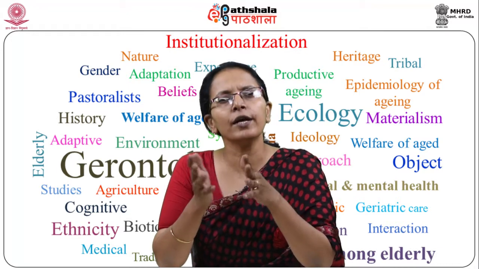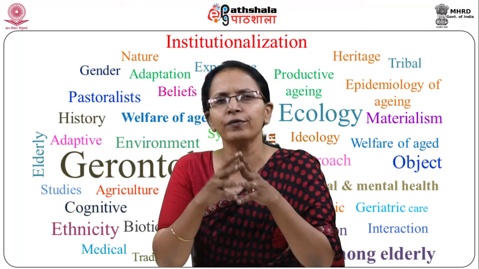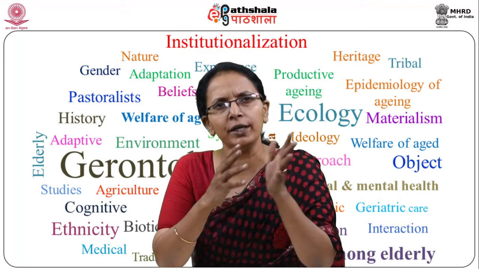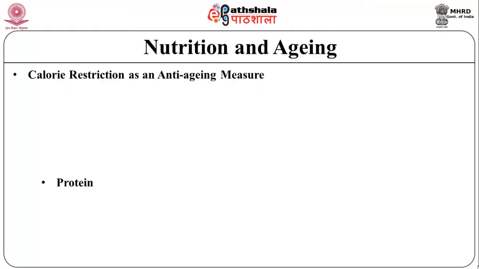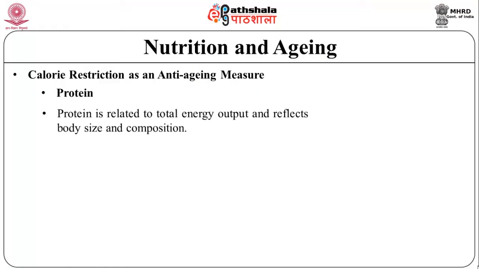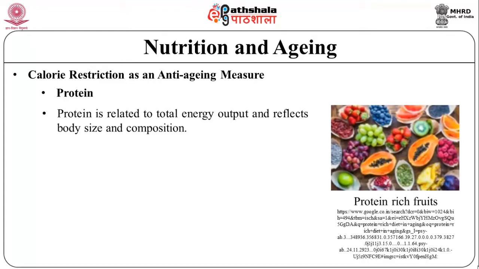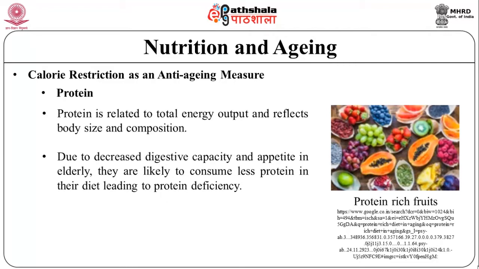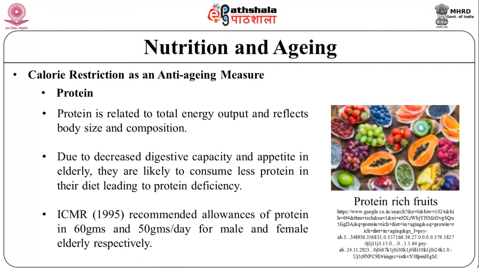Number 2, delay of the onset of the progression of age-related diseases and consequently extension of both the mean and maximum lifespan. Protein is related to the total energy output and reflects the body size and the composition. Due to decreased digestive capacity and appetite among elderly, they are likely to consume less protein in their diet, leading to protein deficiency. ICMR recommended allowances of the protein is 60 grams and 50 grams per day for male